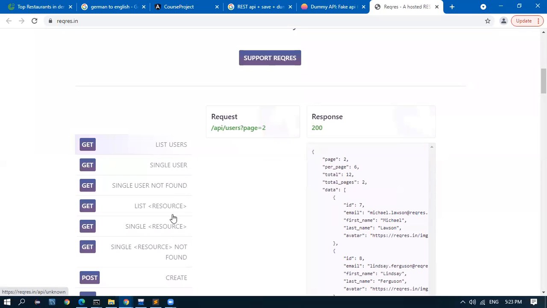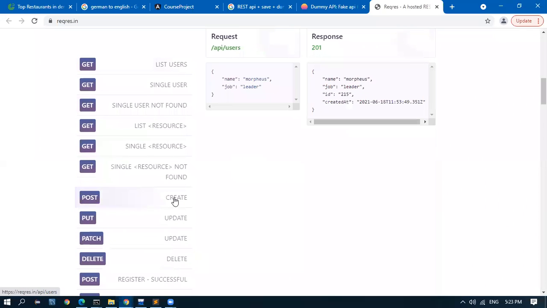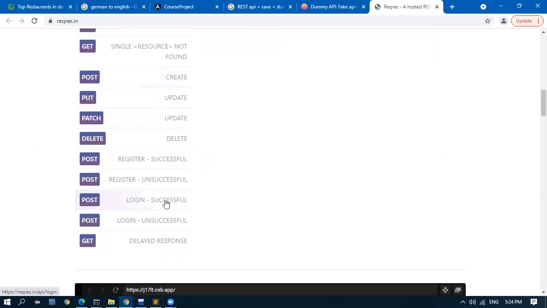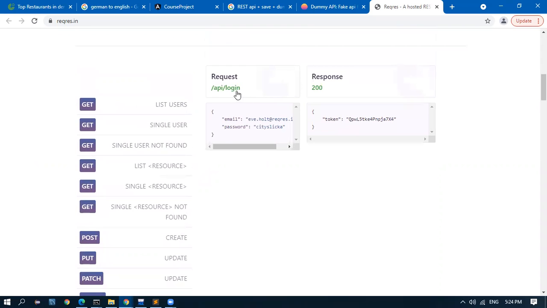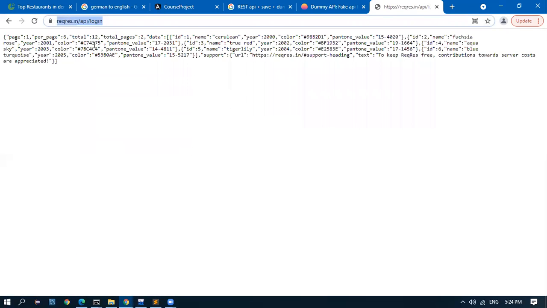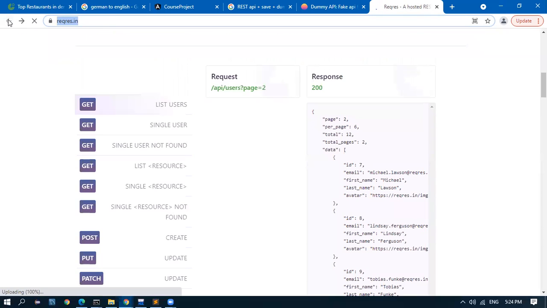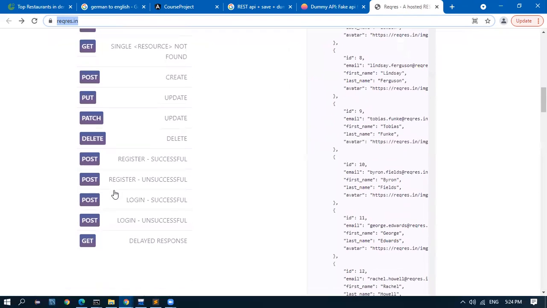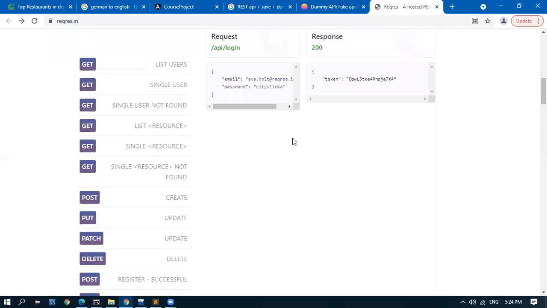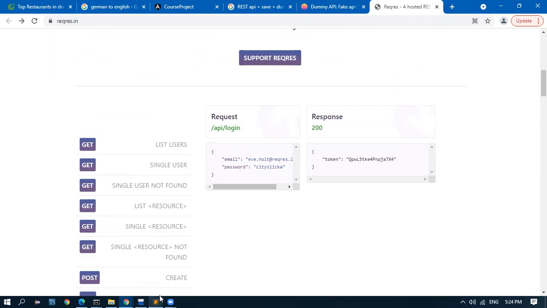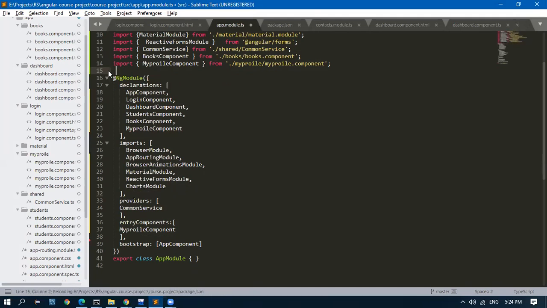We have list, single, and create. Yeah, we have the create. So let us use this API. When we call create, it is a user. If we call this API, they will give us a value as login successful. We have to send the email ID and password. So in this page, we'll